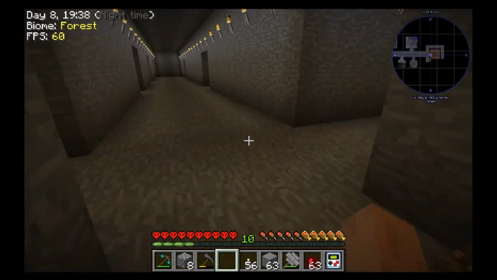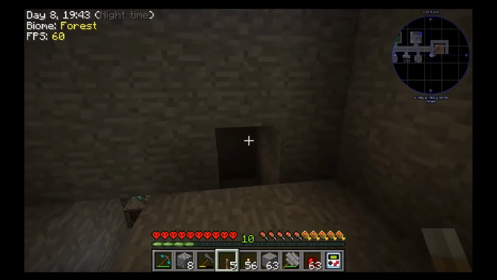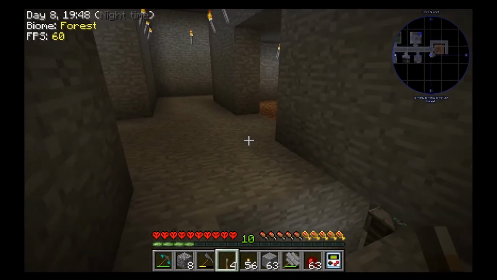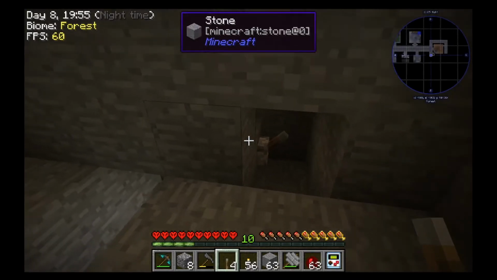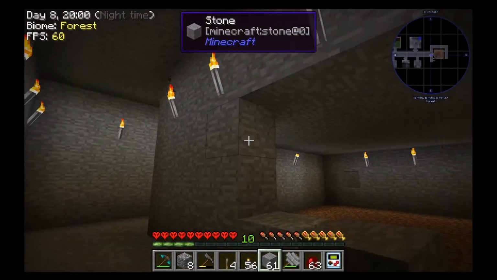So let's check out our levers. So we need a lever right there. So if I flip that on, the mob masher is spinning. That's good. That is good. And we're going to need this to be dark in here. So